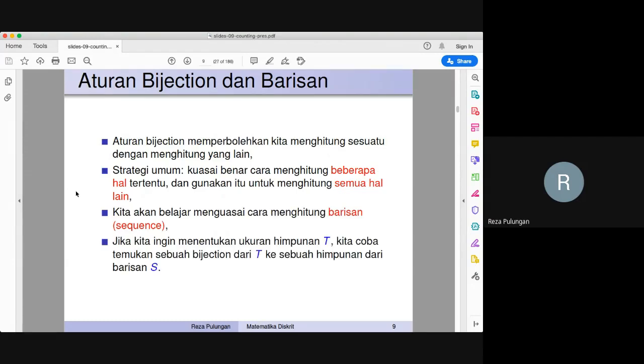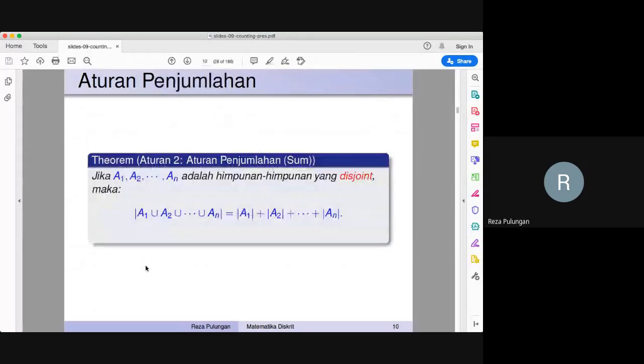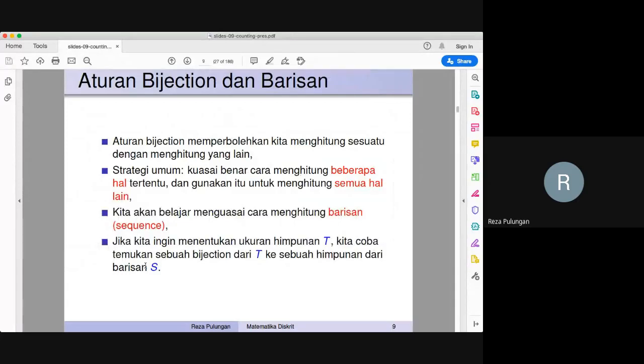If you want to determine the size of set T, we try to find a bijection from T to another set S, and S is easier for us to solve. Once you find this bijection, if you know how many elements are in S, then the same number are in T. Later on, we will see a lot of examples to highlight this idea.